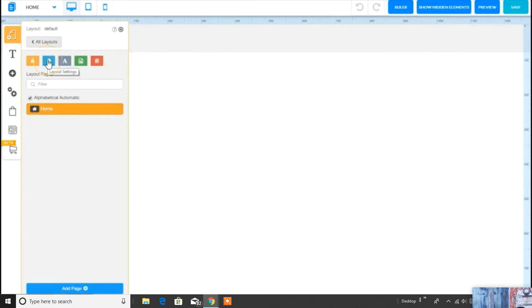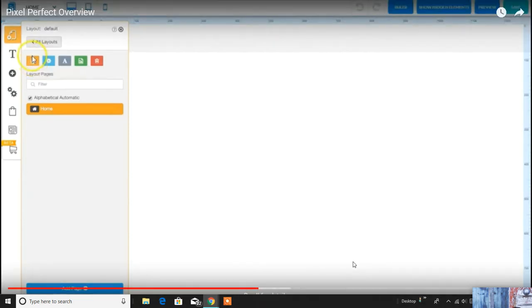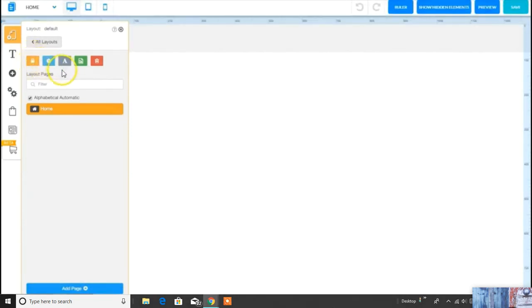These are the general layout settings, and you also have the ability here to restrict the pages and allow only those with access, either through a token or a password, to access those pages. If you come down here, you see we have our home page here. This is where your pages are listed, and if you come all the way to the right and hit the